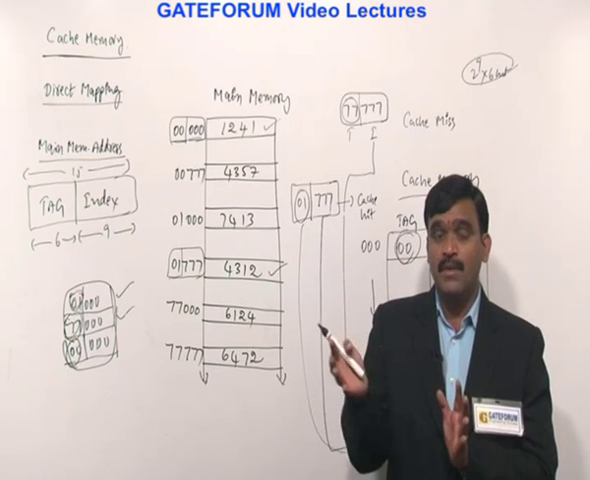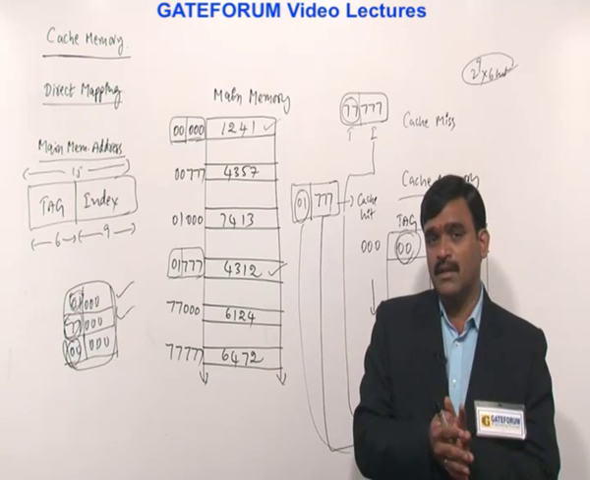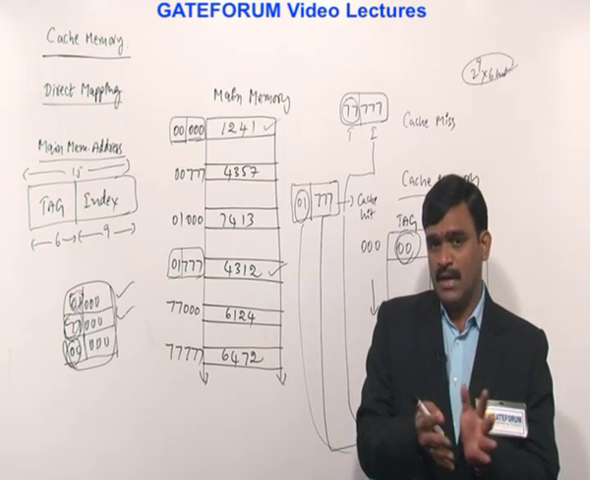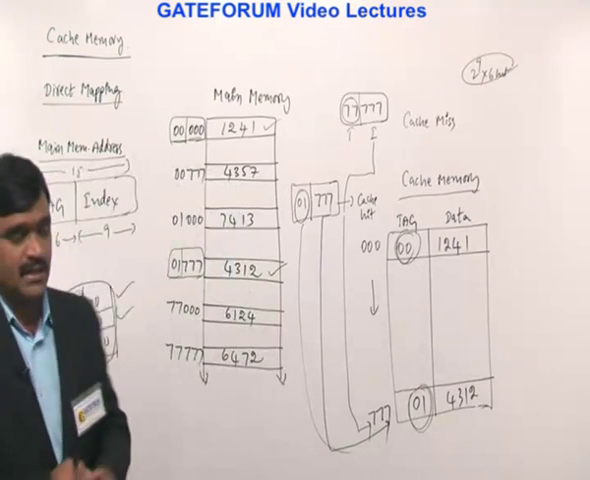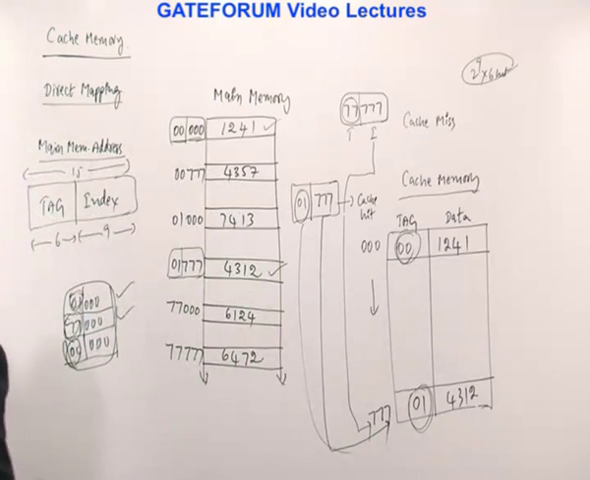When compared to main memory access time, all these things will be less, but it is still more time when compared to direct mapping. So this is the difference between associative mapping